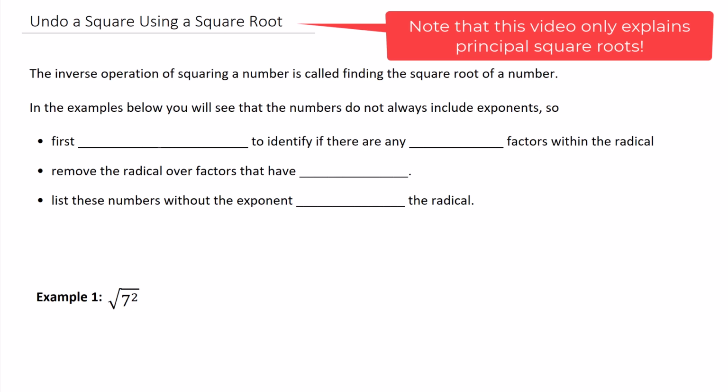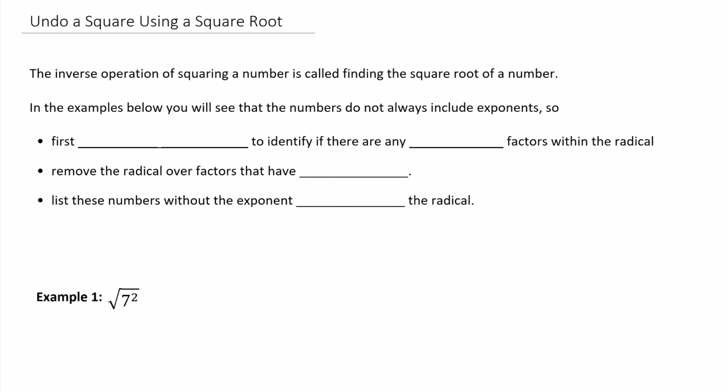The reverse operation of squaring a number is called finding the square root of a number. In the examples below, you'll see that the numbers do not always include exponents. So, when this happens, we first need to factor completely,